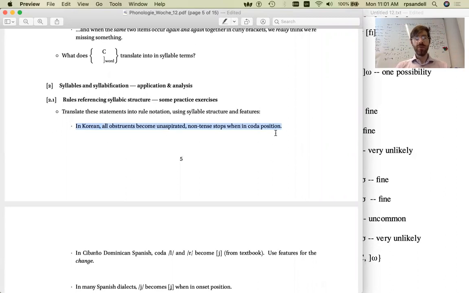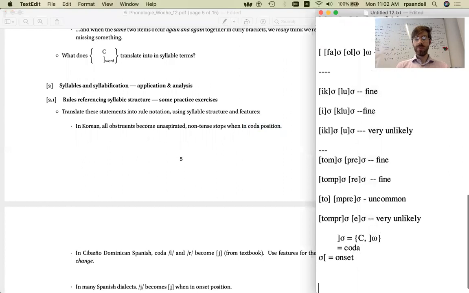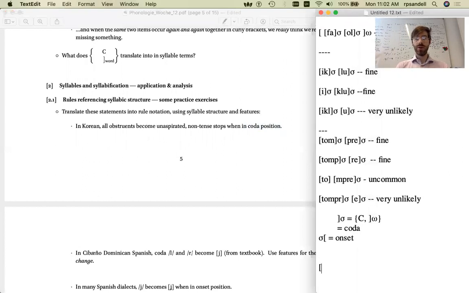So let's begin with an example from Korean. In Korean, it's the case that all obstruents become unaspirated and non-tense stops. Korean has some special distinctions in features for stops that are not so common cross-linguistically. And this neutralization of obstruents to unaspirated and non-tenseness occurs when they're in the coda of a syllable. So the target for our rule, if we're talking about obstruents, we mean segments that are non-sonorant, and they need to become minus